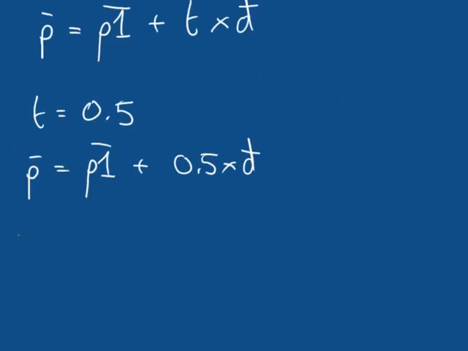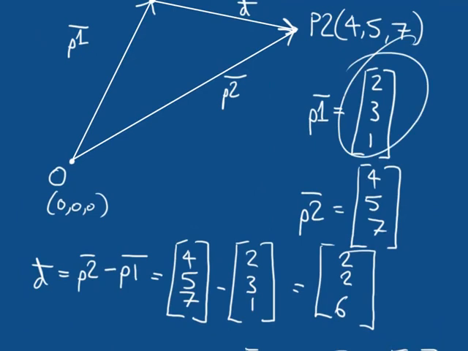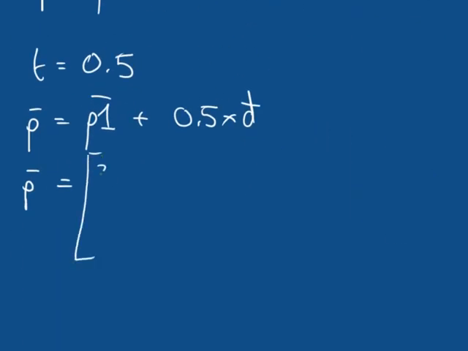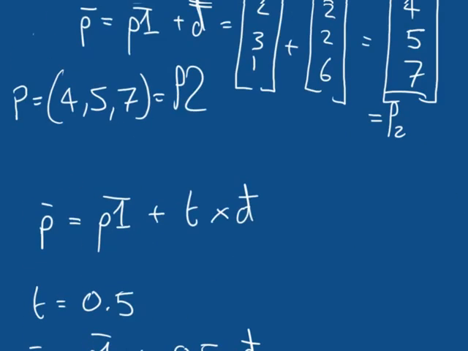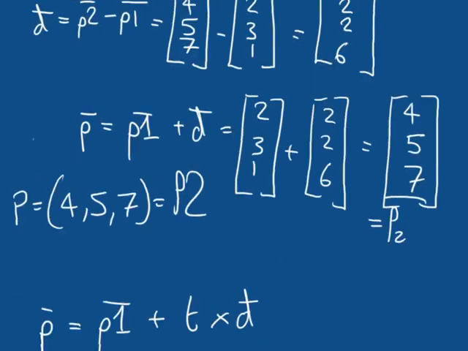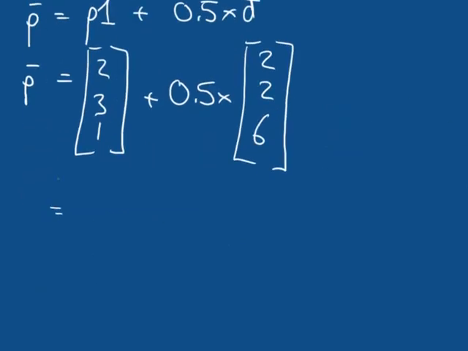So that means that p is equal to, well, p1 is 2, 3, 1, 2, 3, 1 plus 0.5 multiplied by d. d, as I scroll up, d is 2, 2, 6. So this is going to be equal to 2, 3, 1 plus